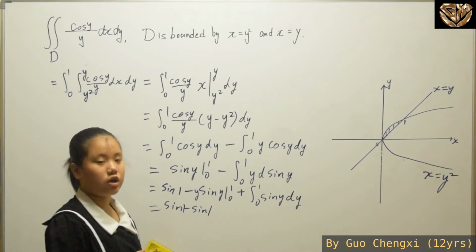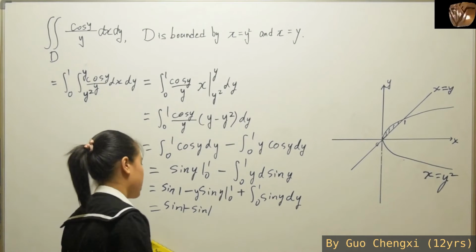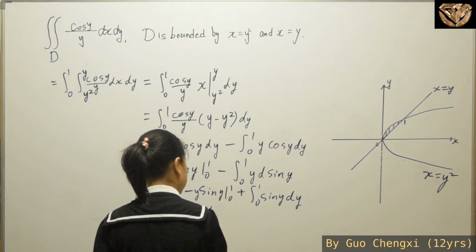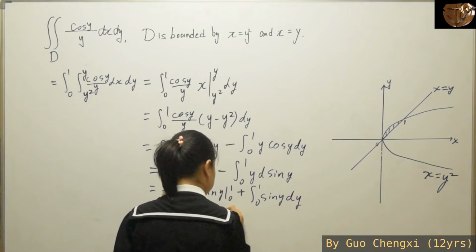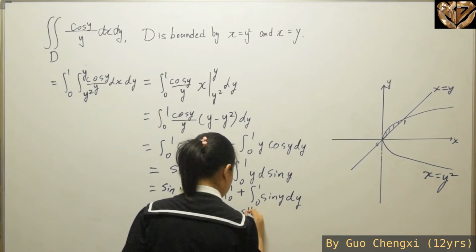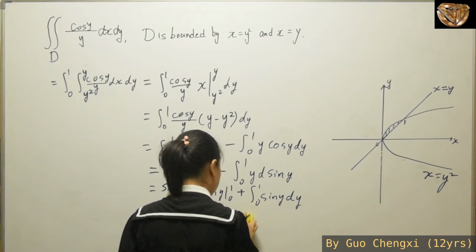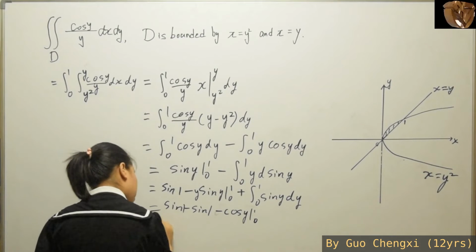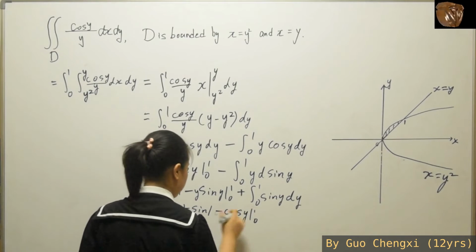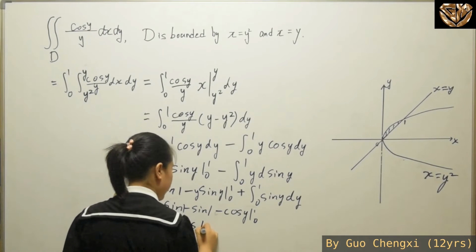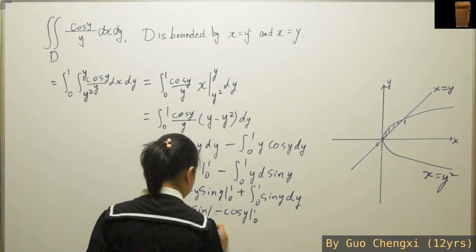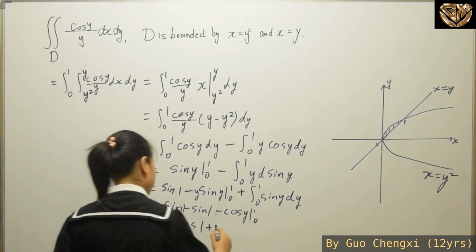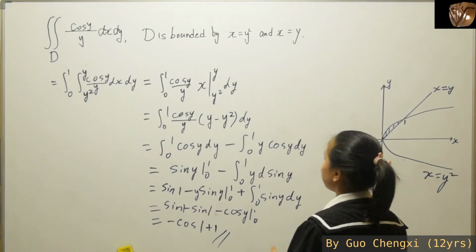And if you sub in 0, it will just become 0 times 0, which is still a 0, so ignore it. But for this part, when you integrate this, it will become a negative cosine from 0 to 1. So these two will minus each other out, while for this part, there will be a negative cosine 1. And for cosine 0, over here you have put an add, and it will be 1, okay? So that is basically our answer for this